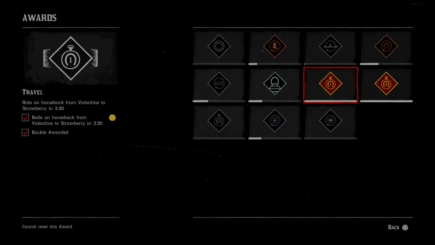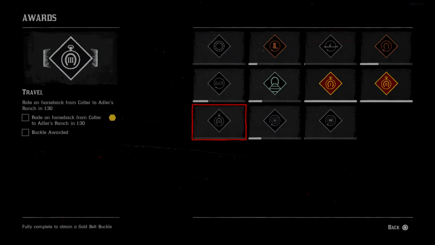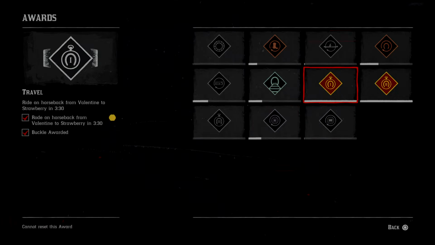These ones give you a hefty chunk of RP. And then there's this one, travel from the ranch to the Braywood Manor. Pretty easy one as well. And there's this one that I can't actually find where that is, but I'll look for it and I'll find it eventually, I guess. There's this one, travel a certain amount of miles with a wagon as a passenger,